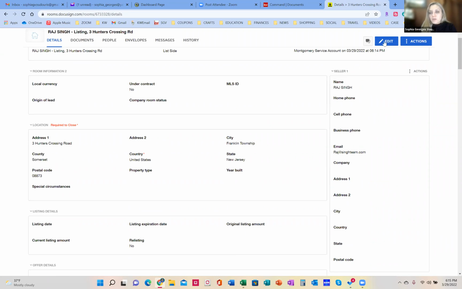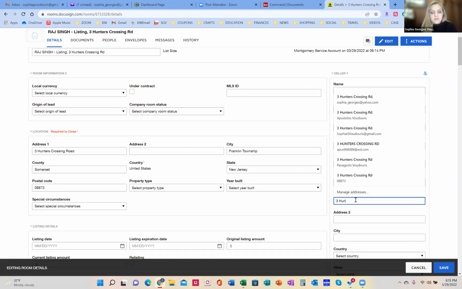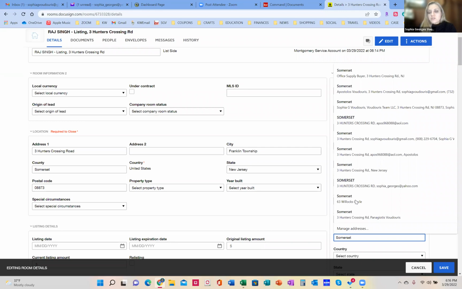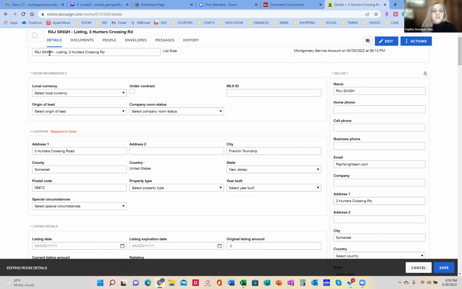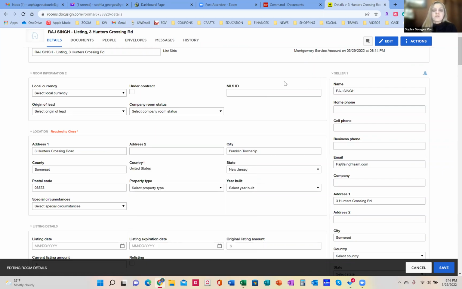So obviously, first you have to hit edit, so open up these fields. And then you start typing the address. And again, the address that I'm typing in right now doesn't have to be the subject property's address. This is the address as you would get off of the tax records. We already have here the location of the home, which is the selling address, the home that we're selling. Now, they may not live there. This might be an investment property, whatever it is, they may have a different address for mailing,